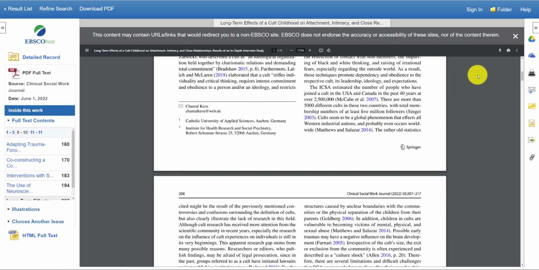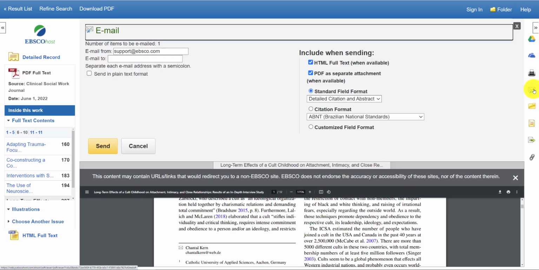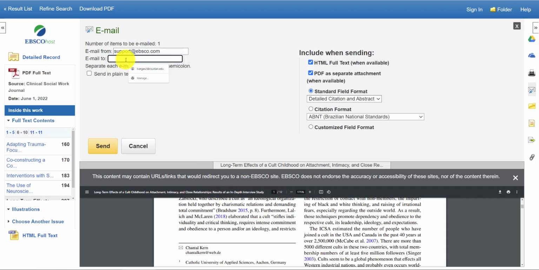From here you can print the article. If you look at the icons on the right of the screen, you can print the article, you can email it to yourself, and this is probably the one that I recommend the most, is emailing the PDF full text article to your email. So under email to, you're going to type in your email,